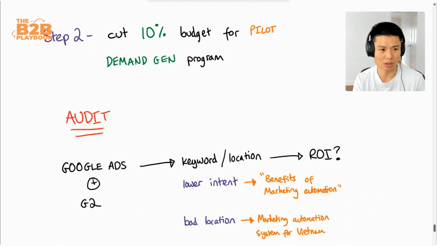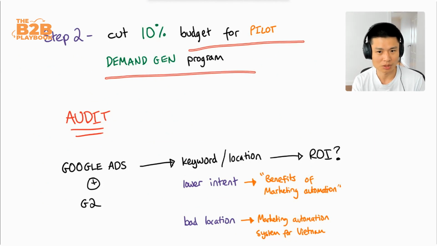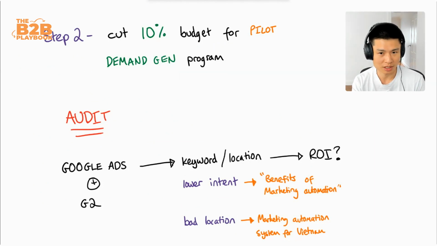And I think there's a few qualifiers here that we can add to this simple step to make it a bit more successful. So obviously first there we've said to cut out 10% of your budget. It doesn't have to be 10% exactly, but if it's in that ballpark, it obviously puts you in a better position to have an easier conversation with leadership, with the sales team, with the rest of your marketing team. You're not disrupting things too much, but you're putting enough of a budget towards these new activities in demand generation. And again, it doesn't necessarily have to be 10%. It can be lower, it can be higher, depending on how much appetite there is internally to get started with